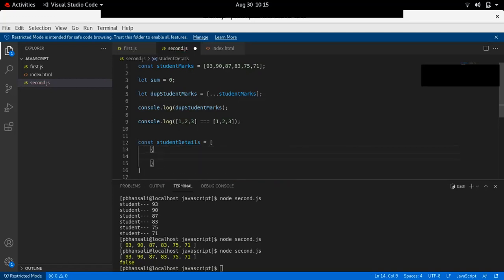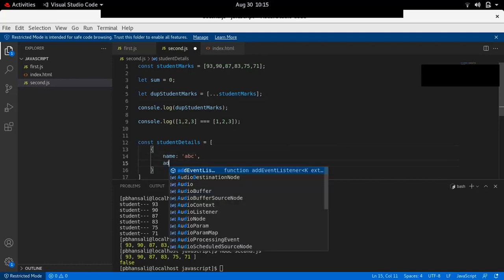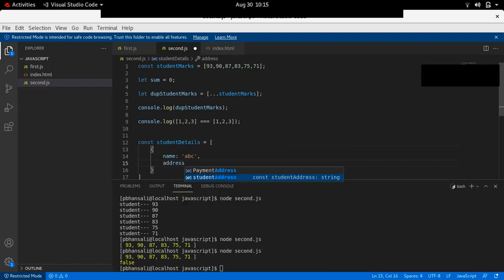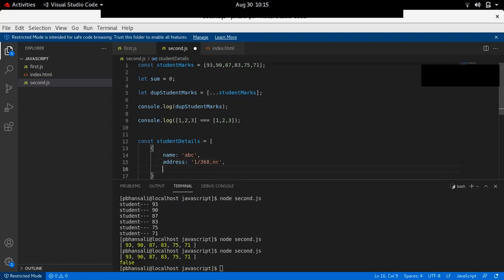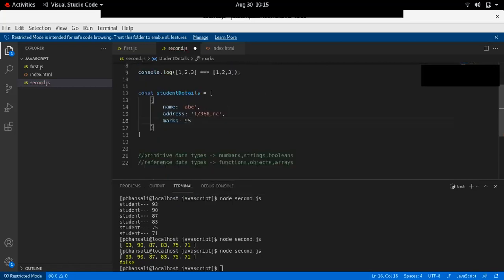The first object has name ABC, address, oblique 368 NC, marks 95.